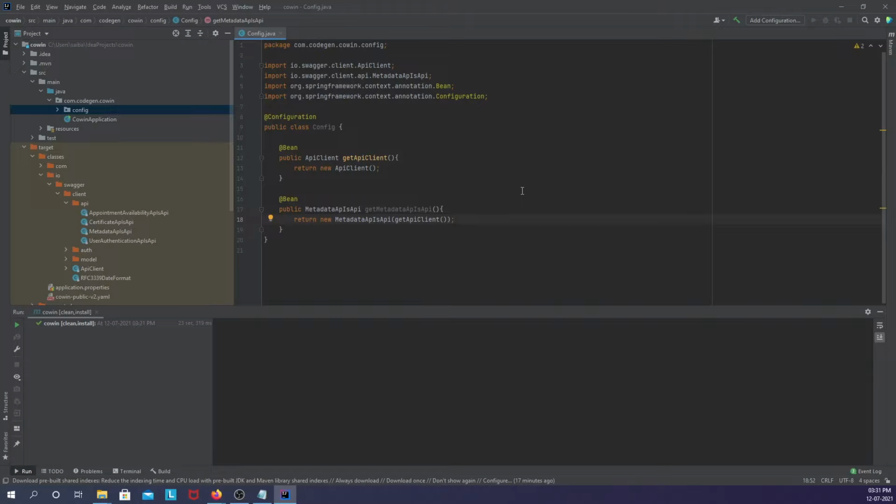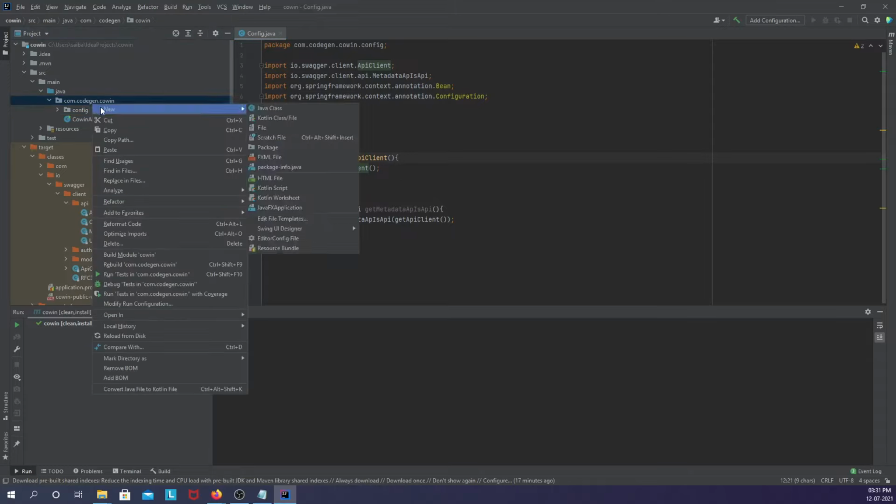Okay, now we are done with registering these auto-generated classes as beans within our application. So the next thing is we should create a controller class which will be invoked from the URLs, right? And that logic will invoke each of the endpoints corresponding to these APIs.